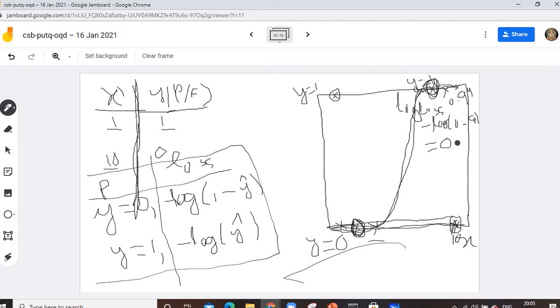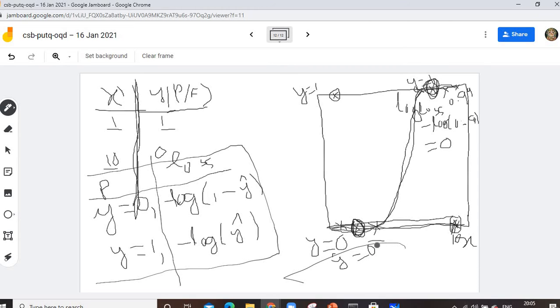Okay, 0 point something, 0 point small. If 1 is 0, if 0.99, it will be 0.0001, like this way loss will be small here. Similarly, if my y is equal to 0 and it is predicted as 0 point something, then y hat will be close to 0 at this point.